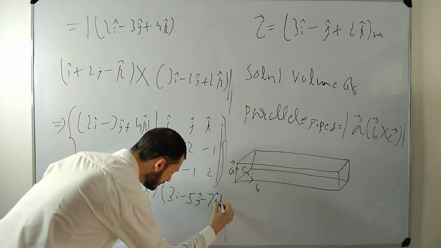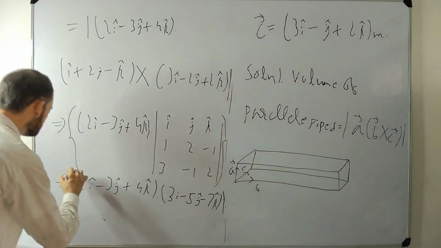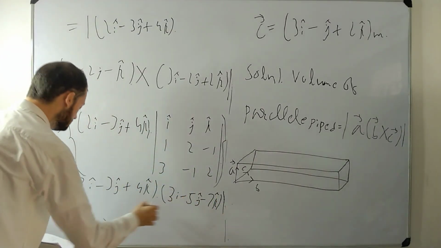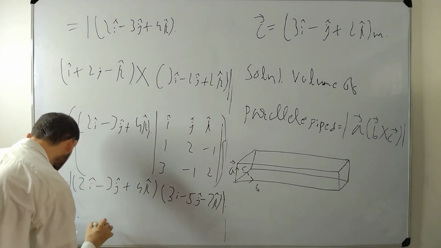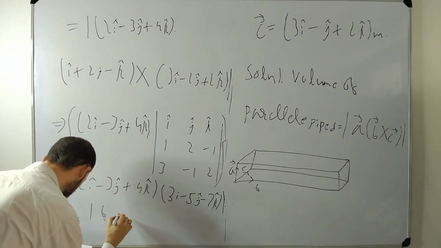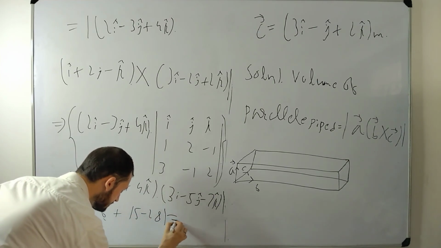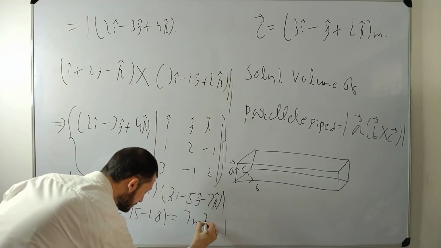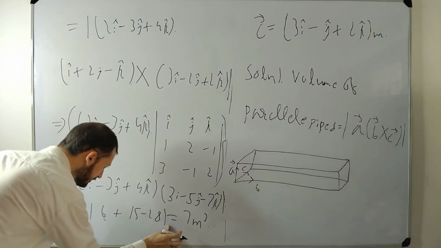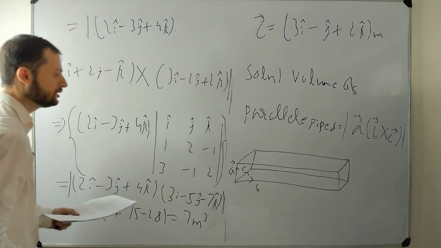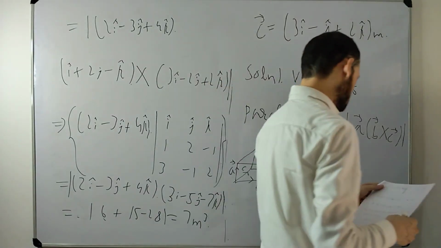Yes sir, our answer is the same. Very nice students. Multiply this, you got 6 plus 15 minus 28, and this is 7 meter cube. One would say sir this is minus, but take the modulus, so drop the minus. Next part,